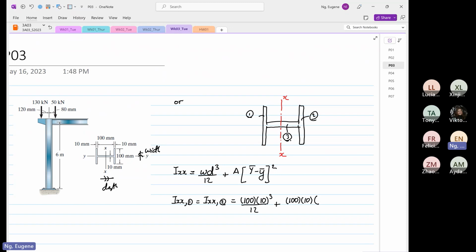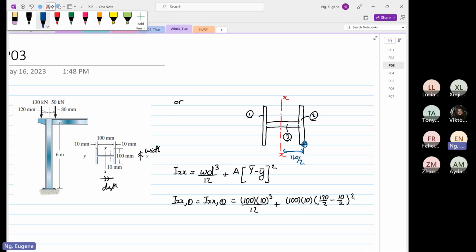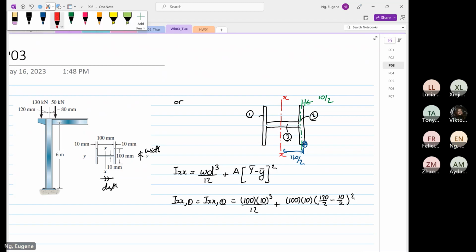so the centroid is at where? It's at 120 divided by 2 minus 10 divided by 2. Why did I do that? Just to recall, if I take the datum over here, the distance from here to here by observation, the centroid is equal to 120 divided by 2. And then if I take the section 1 or 2 centroid, it's exactly over here, and this distance from here to here is equal to 10 divided by 2. So that is why it's 120 divided by 2. So at the end of the day, what we are trying to determine